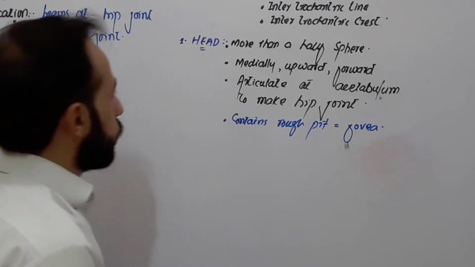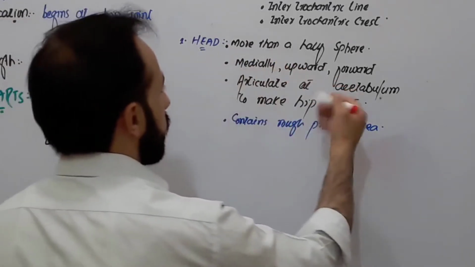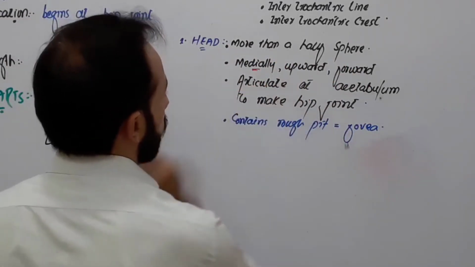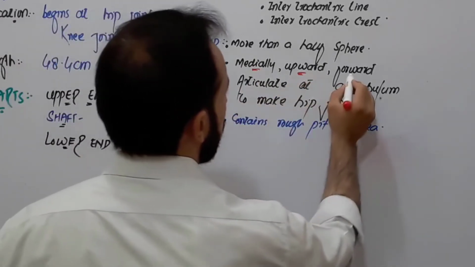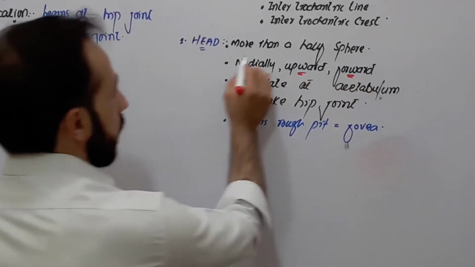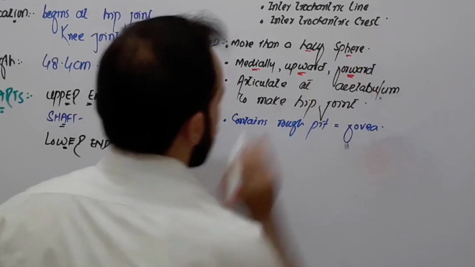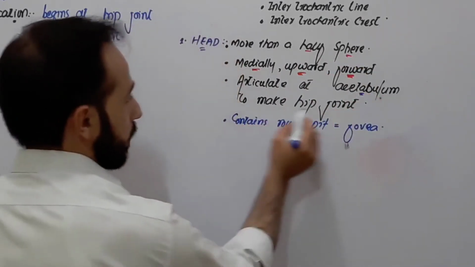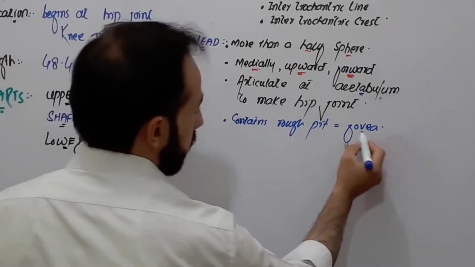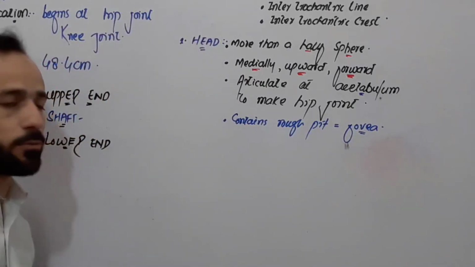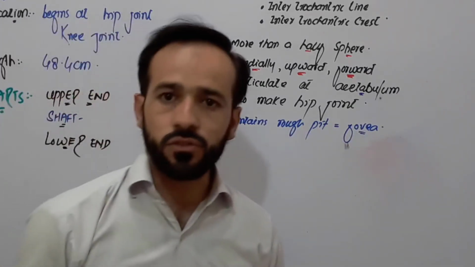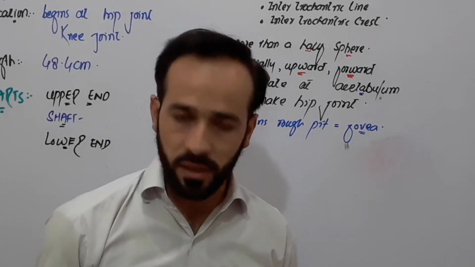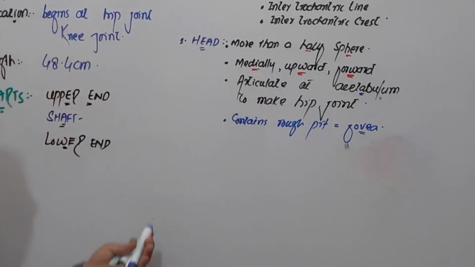So this was about the head of the femur. First, the head of the femur is located medially, upward and forward, right? And it is more than a half sphere, right? It articulates at the acetabulum to make the hip joint, and it contains a pit, a rough pit, which is called the fovea. These important points are about the head. Then we move towards the neck. The next point